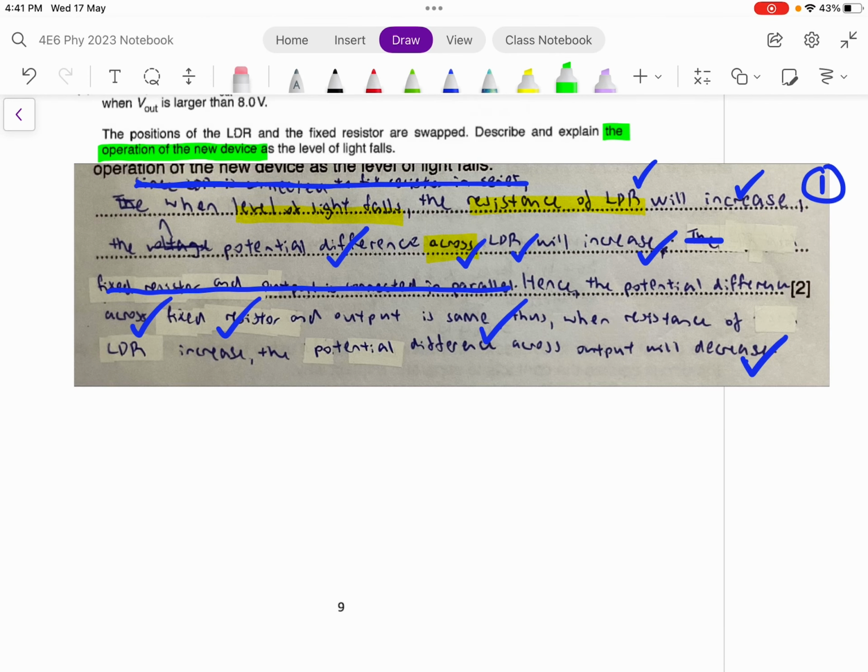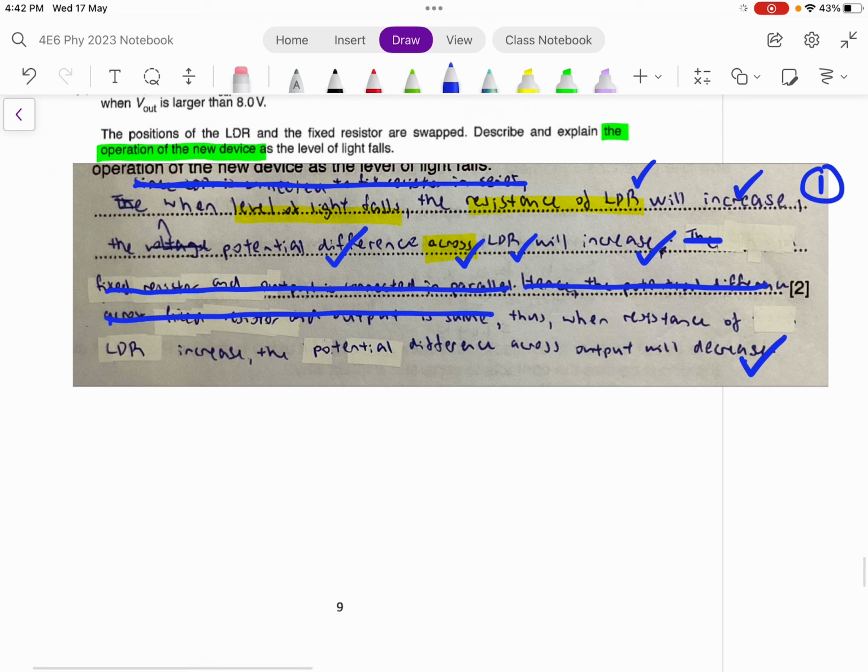So if I were you, instead of saying so much about "hence the potential difference", I will cancel this and just jump into the part whereby it says hence the potential difference across the output will decrease, therefore my bulb will not light up